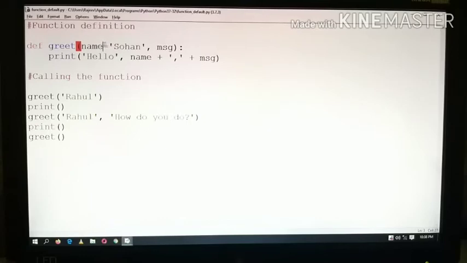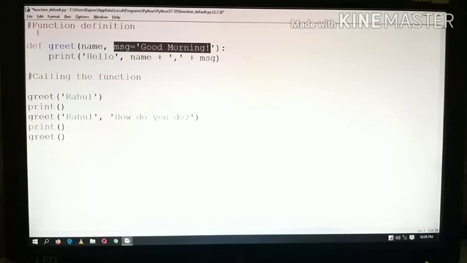If you want to make it a default argument, then first you have to make the right hand side parameters as default. If you want to make both, then you can do it, both you can make. But if you want only one parameter as a default, then the parameter will be the right hand side parameter of the function definition. This parameter should be the default one. If only one default you want to make in this, then the right hand side should be considered. This is about the default value.